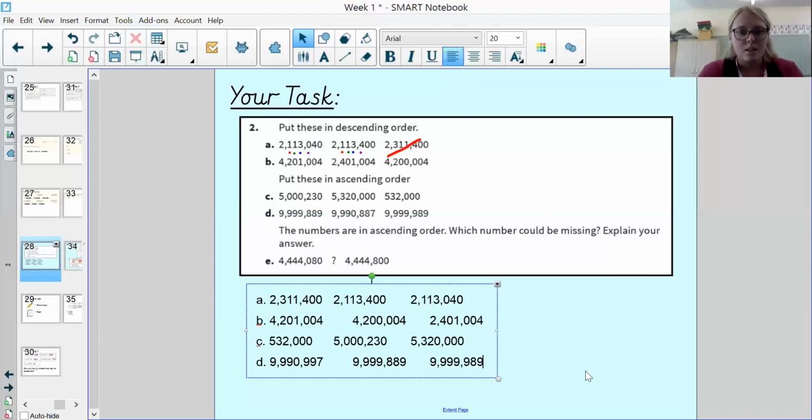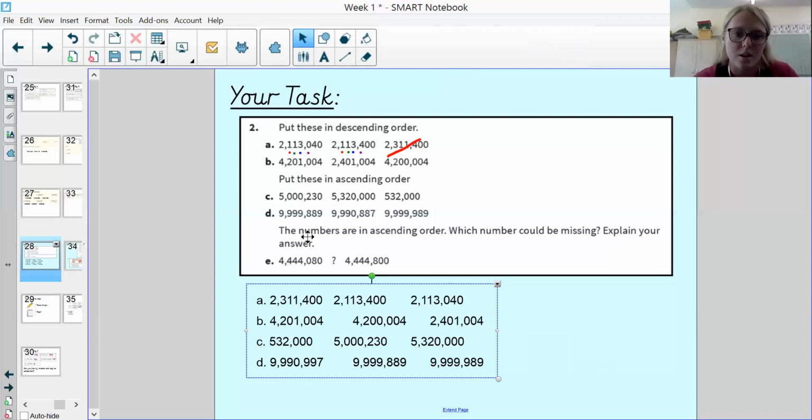Okay, lovely. So the last question says the numbers are in ascending order, so smallest to biggest. Which number could be missing? Explain your answer. Okay, so first in our order. First number is 4,444,080. We want a number in between these two, but our largest number would be 4,444,800. Okay, so the number in the middle needs to be bigger than 4,444,080, but it needs to be smaller than